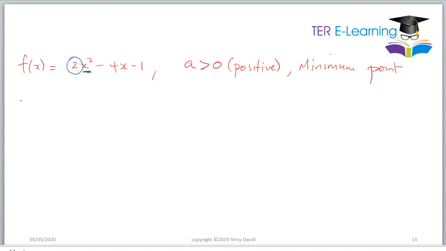Right? What about something like this? f of x is equal to minus x squared plus x minus 2. So the second function,